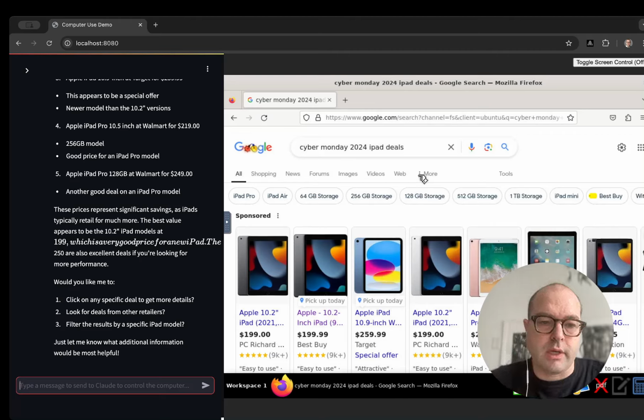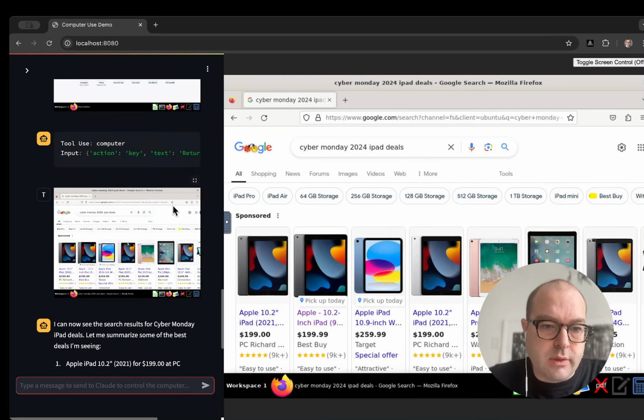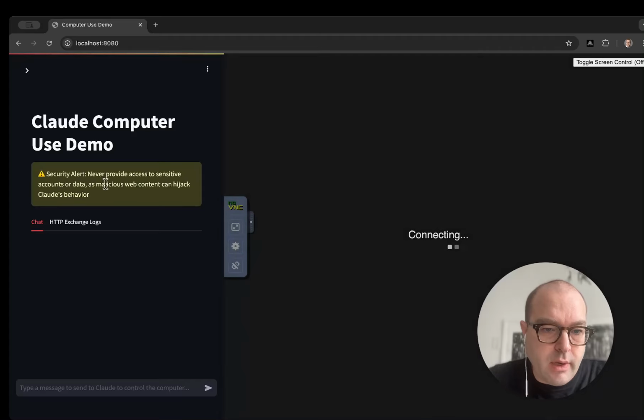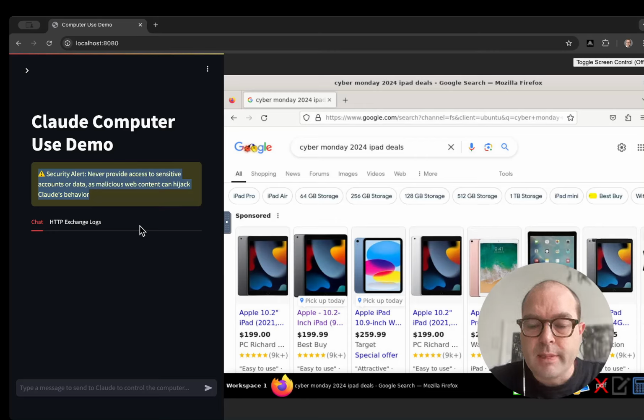All of these screenshots presumably are getting sent to Anthropic, and they even have a big caveat when you run this. This has never provided access to sensitive data, accounts or data, as malicious web content can hijack Claude's behavior. So right now, despite its promise, this is essentially a non-starter for most use cases with assistive technology,